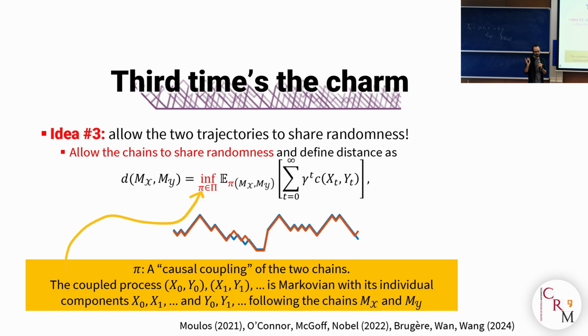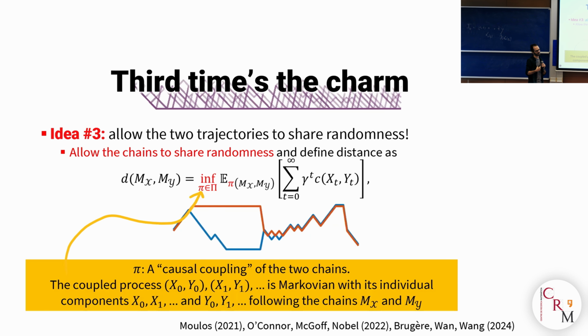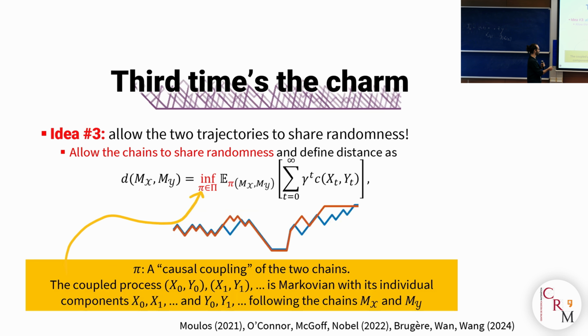So there's one fine detail that is specific to this problem, that you want to capture the structure of these processes in the coupling that you construct. In particular, the coupling that you construct in this expectation needs to be a so-called causal coupling of the two chains, which means that the coupled process itself needs to be a Markov process. That intuitively means that the coupling should not be such that it couples together information that is happening in the future with information that is happening in the past. So the joint process, the coupling of the two, the x's and y's, should be such that in the end they should still be Markovian.